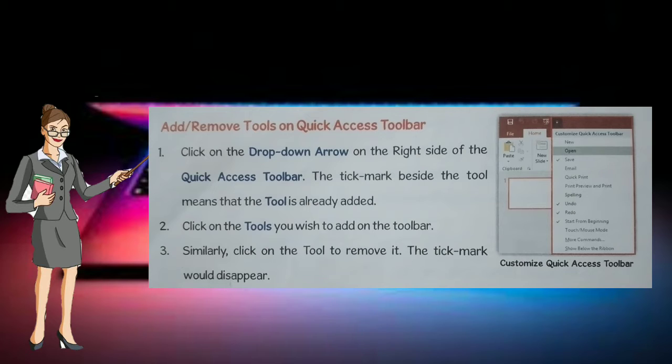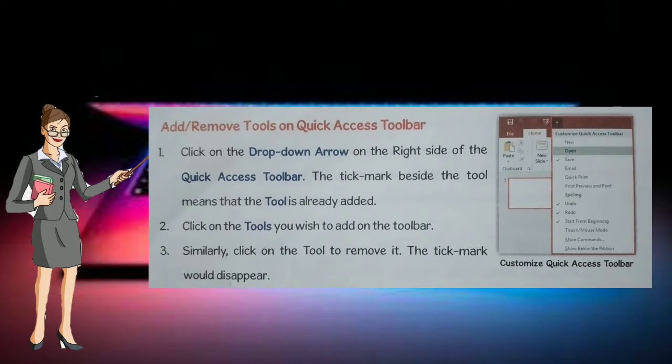Second, click on the tools you wish to add on the toolbar. Third, similarly, click on the tool to remove it. The tick mark will disappear. If you don't want the particular option to show in the quick access toolbar, you can remove that tool.